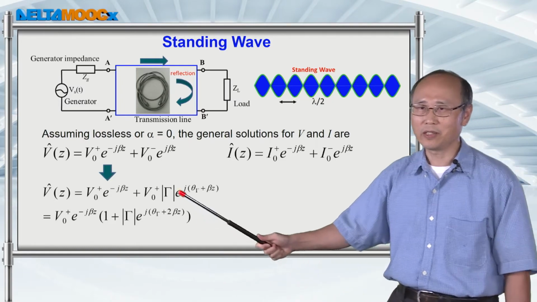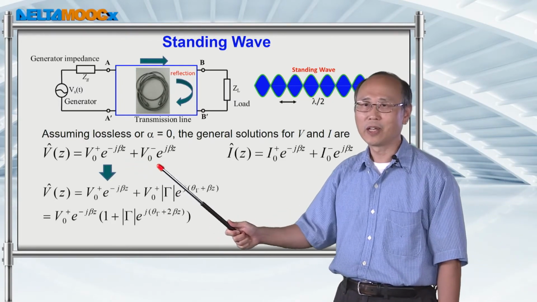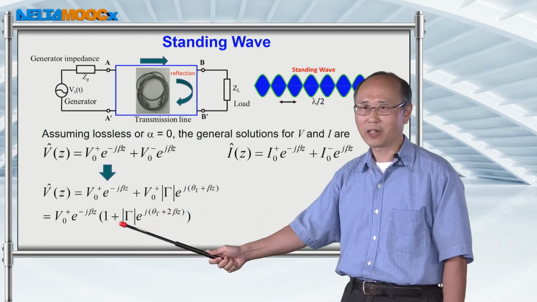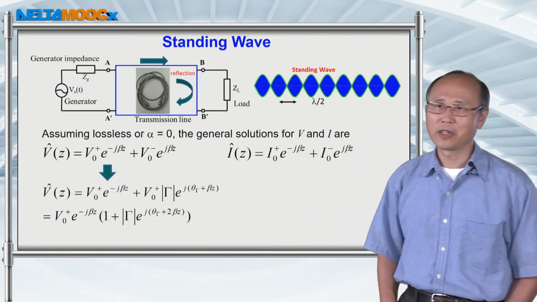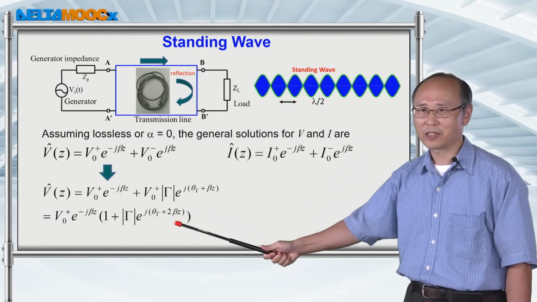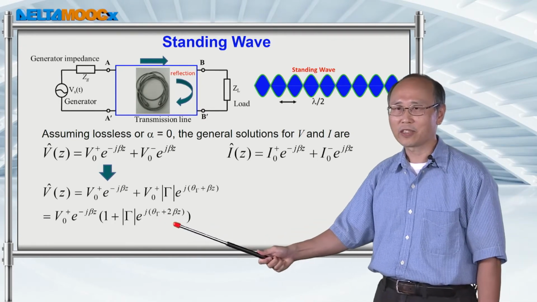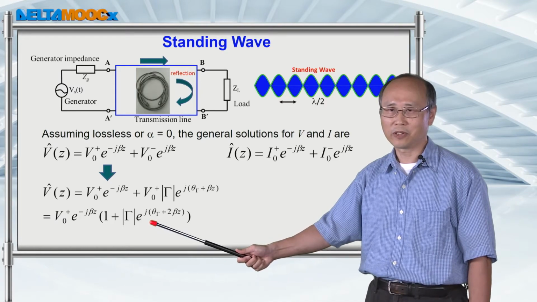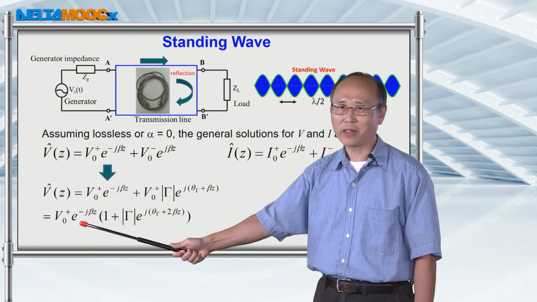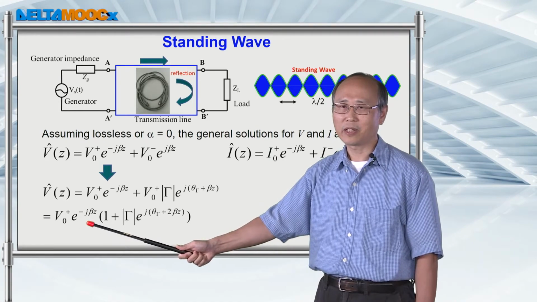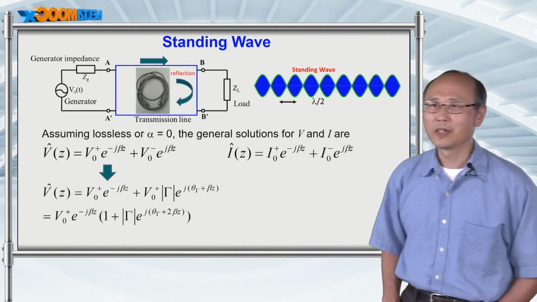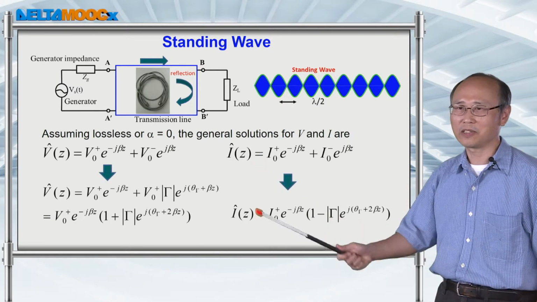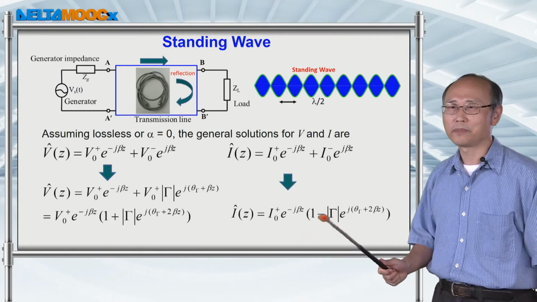We could continue to reorganize those terms by taking out the first term and grouping the rest into the two terms in this parenthesis. You can see that there's a phase associated with the second term that is a function of position. So basically, this term is going to oscillate at different locations. And the one at the beginning basically just tells you the propagation of the signal. You can do the same thing to organize the current and come up with this expression.